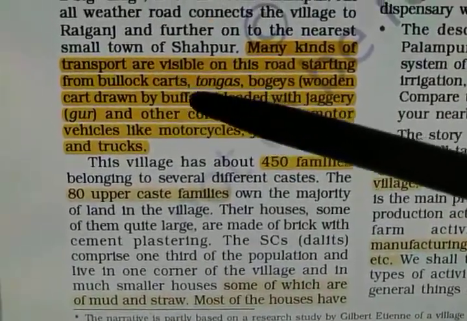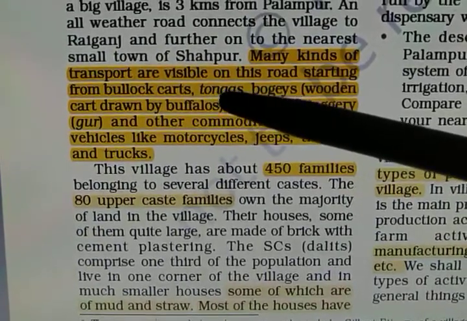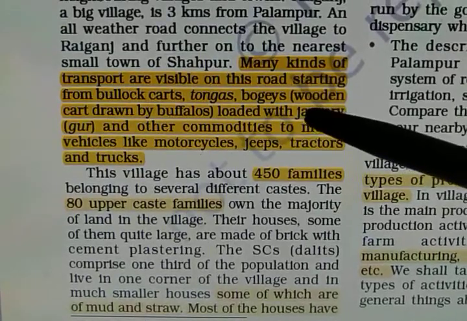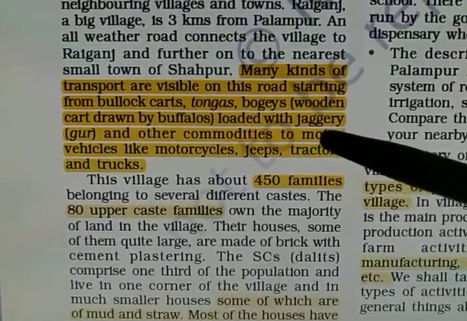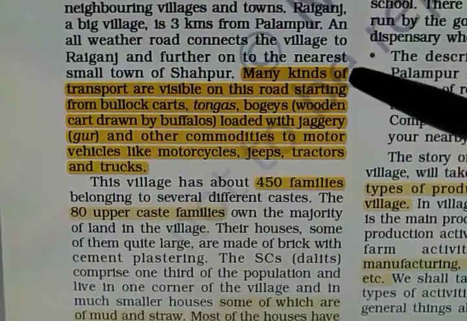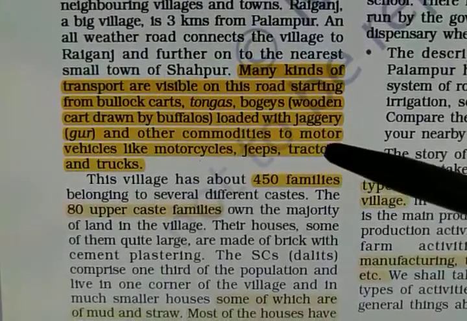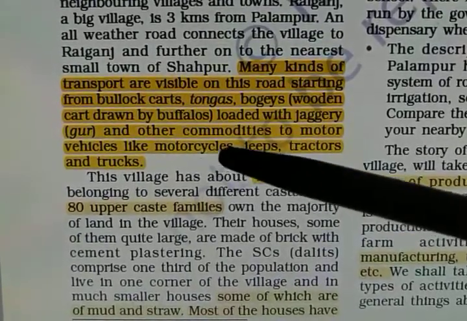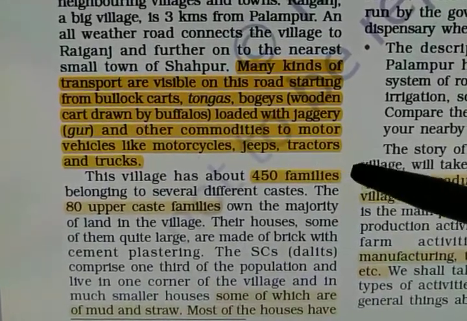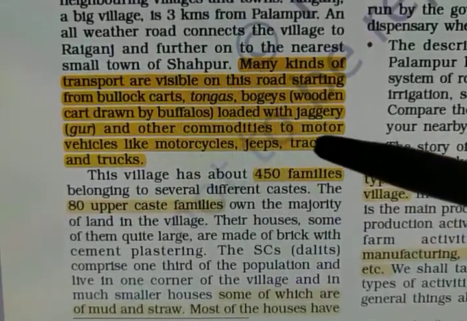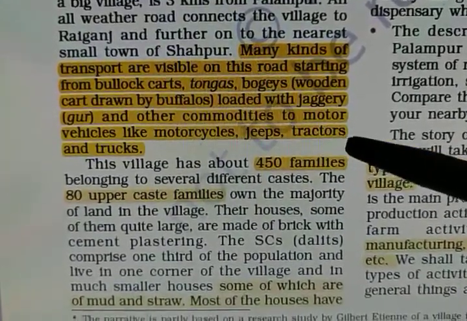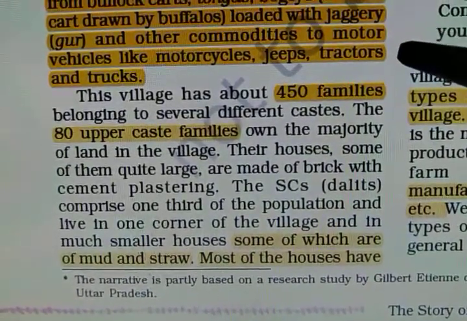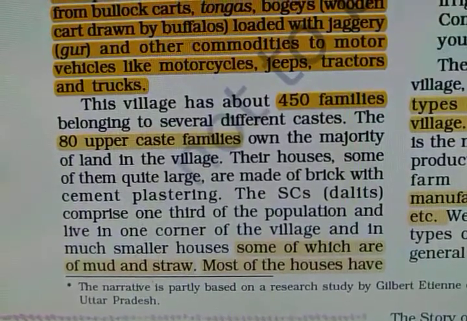Bullock carts, already you have seen the scene of the village. Bullock carts, tangas, buggies loaded with jaggery, and other transportation systems: motor vehicles, motorcycles, jeeps, tractors and trucks. They carry the goods or resources from the village to other places and from other places to the village. Why? Because here